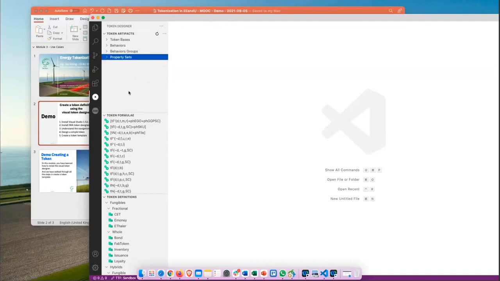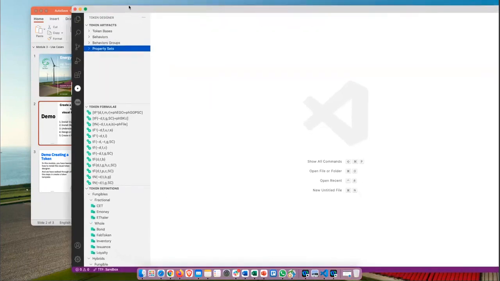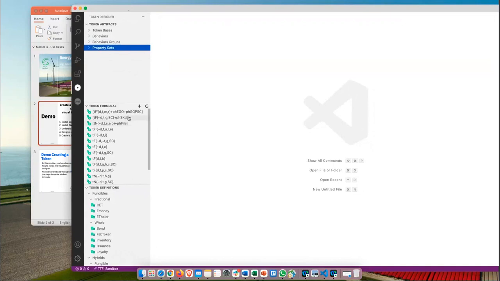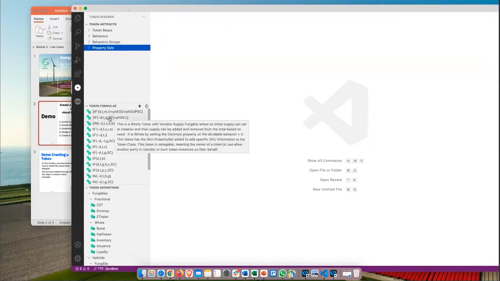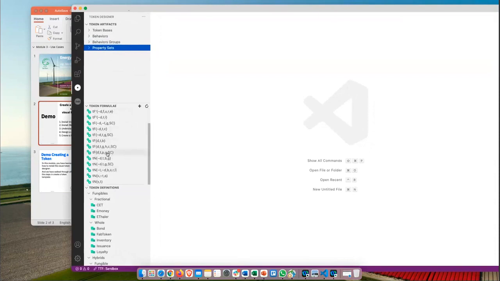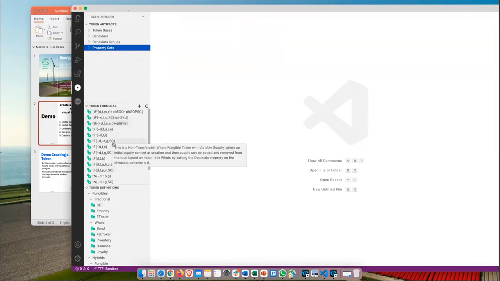If you had read the document up front, the tool works with a formula that is a shorthand of the token that you have designed. I will not go into it, but here are pre-populated standard token definitions, token formulas, I might say, which you can then use to create a token definition for your projects.